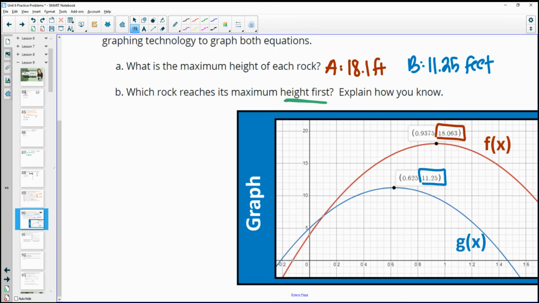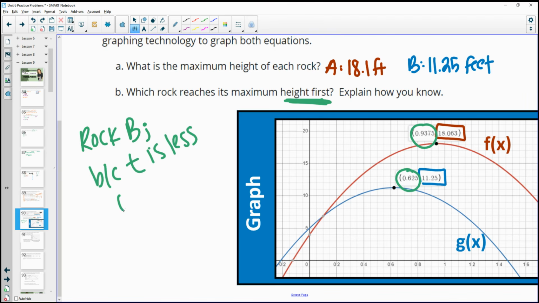So remember that the x value is how long it took to get there. Okay, so rock B only took 0.62 seconds to get there, where rock A took 0.9375 seconds. So it would be rock B reached first. And you could say because the time is less, right? So the 0.625 is less than